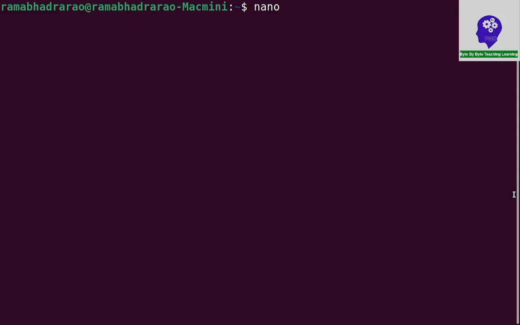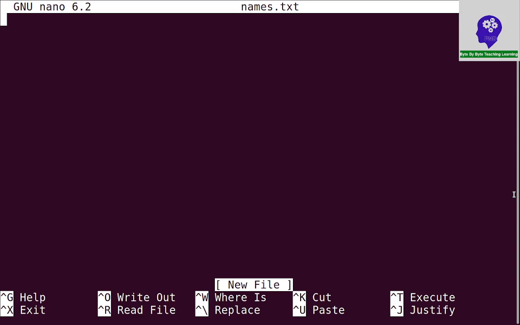So if I want to create names.txt, a text file, this is the nano editor. It will run from the command prompt itself. Now I want to type some names: Rajani, Raju, Vasu, something. So this is the information I typed in this